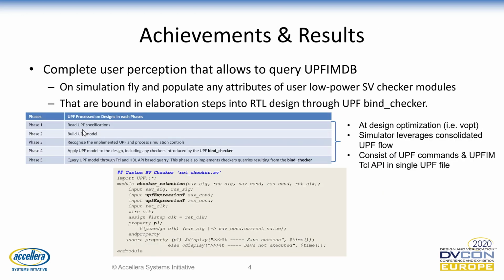So what are the achievements and results of this paper? We propose a complete user perception that allows querying the UPF information model database on a simulation fly and populating any attribute of user low power SystemVerilog checker modules that are bound in the elaboration step into the RTL design through UPF bind checker. This table shows the different phases of UPF information model processing